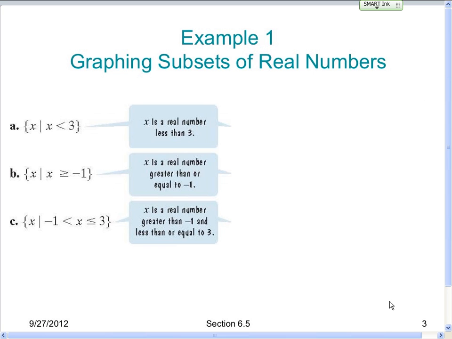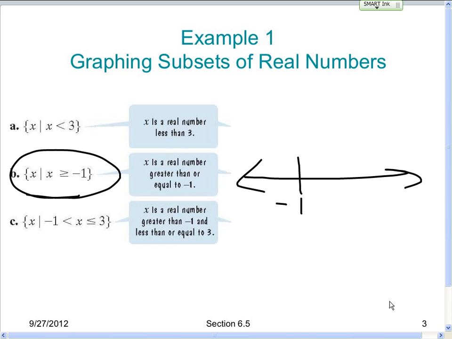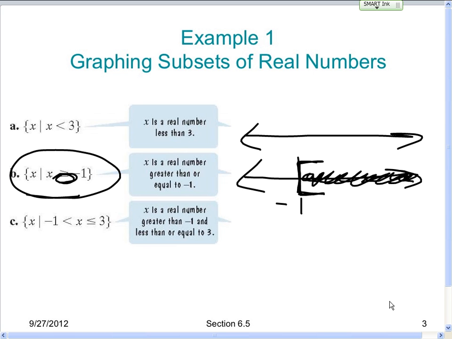All right, so x is greater than or equal to -1. We've got -1, greater than or equal to. We're going to shade to the right. And if it's greater than or equal to, we're going to use a bracket. So anytime it has that equal to symbol underneath, you use a bracket instead of parentheses, and it is going to open in the direction of the shading. Now, if you're going to use the open and closed circles, which I prefer that you do not do, this would be a closed circle, shading to the right. And the last one,